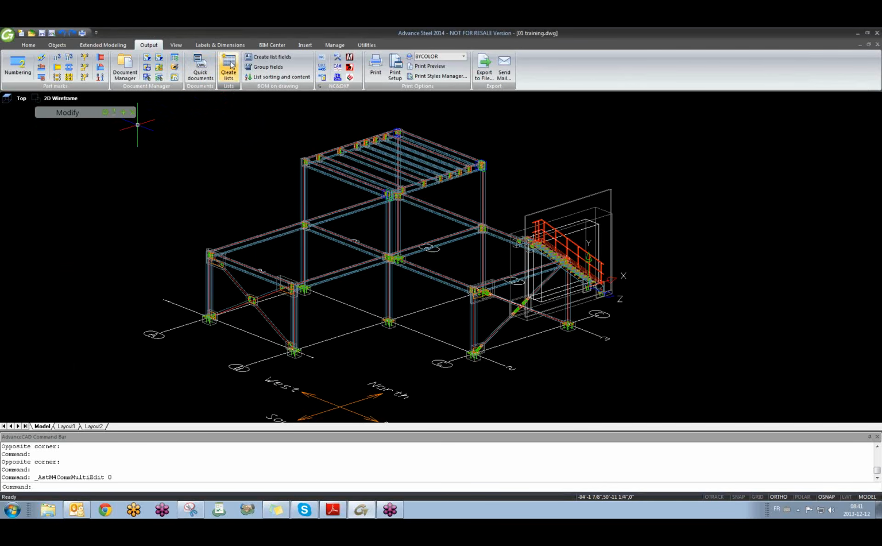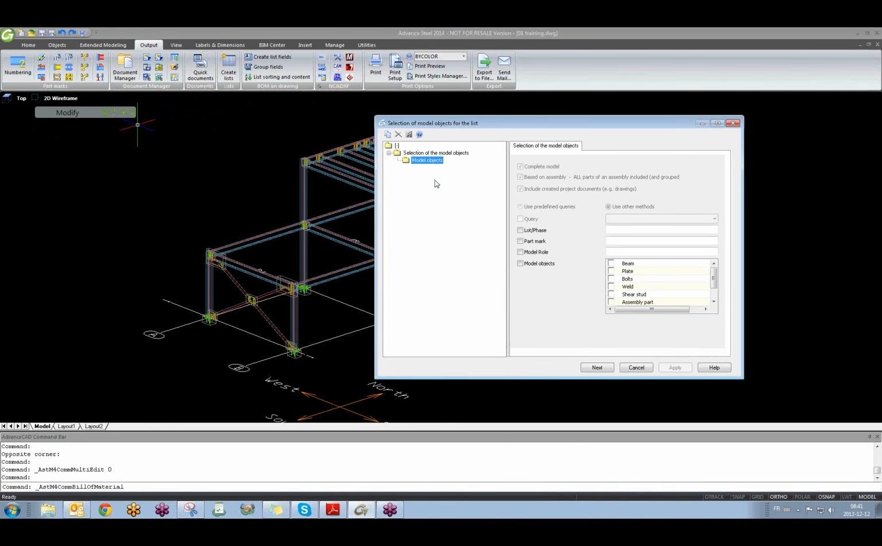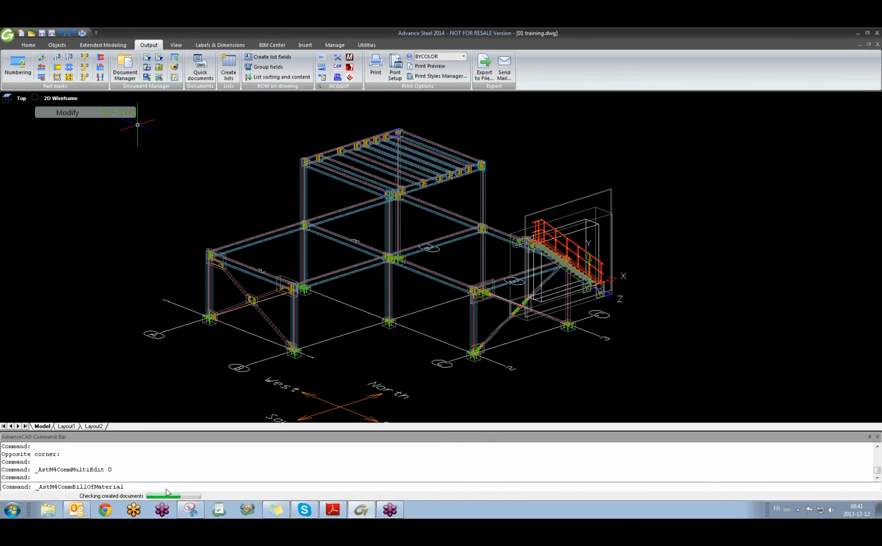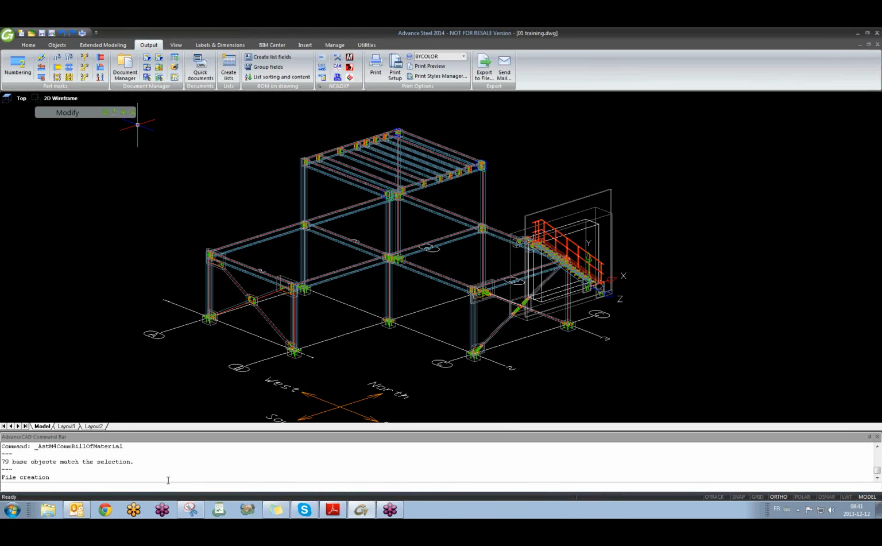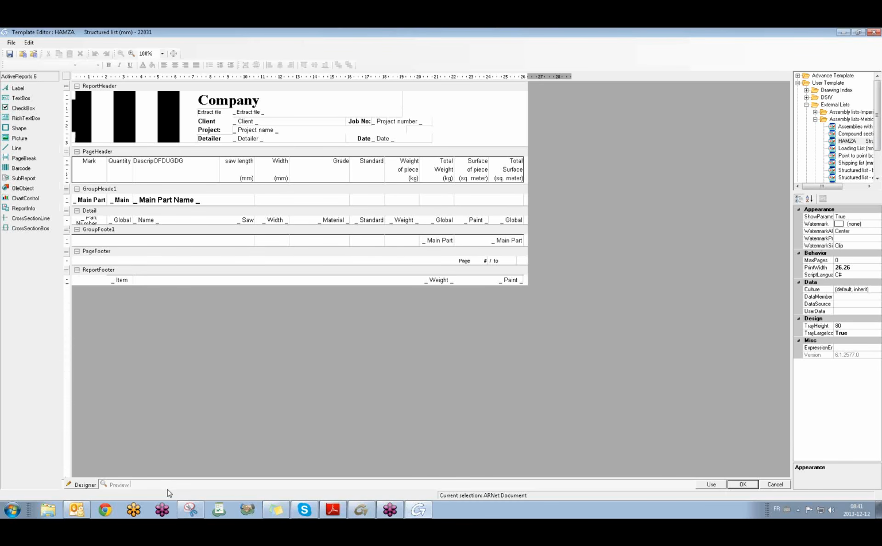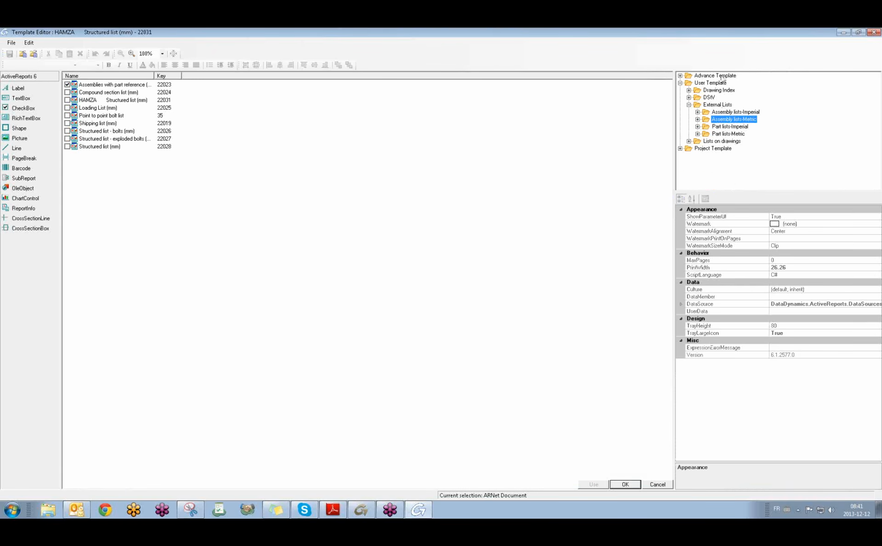To create a list, we have Create List under the Output tab. When you click, we have this dialog box in here. Just make sure that Complete model is checked and Include created project documents. Just hit Next, Create list. And now it will open these